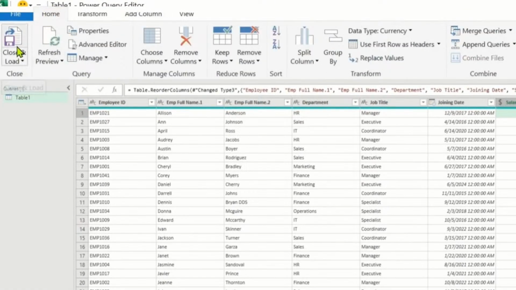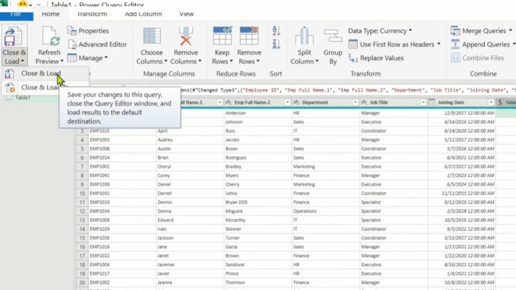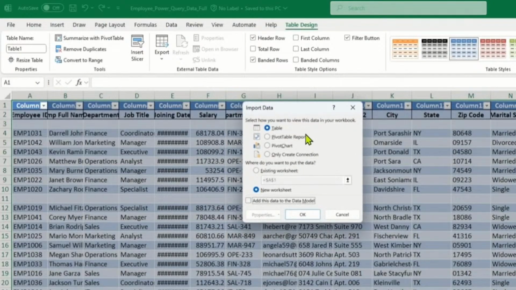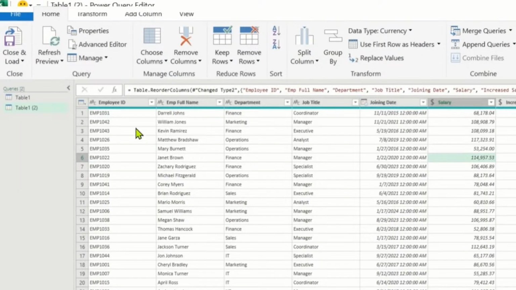ड्रॉप डाउन पे क्लिक करने पे आपको 2 ऑप्शंस मिलेंगे, पहला क्लोज एंड लोड का और दूसरा क्लोज एंड लोड टू का। पहले ऑप्शन से ये पावर क्वेरी विंडो बंद हो जाएगी और पूरा फॉर्मेट किया गया डेटा आपकी एक्सेल में एक नई शीट में कॉपी हो जाएगा। और दूसरे विकल्प से आपको सिलेक्शन का मौका मिलेगा, जिसमें आप सिलेक्ट कर सकते हैं कि ये फॉर्मेटेड डेटा आपको कहां पे लोड करना है। फिलहाल हम इसको कैंसिल कर देते हैं क्योंकि हमें अपना डेटा उसी एक्सेल फाइल में लोड करना है। अब हम क्लोज एंड लोड का ऑप्शन यूज करेंगे।